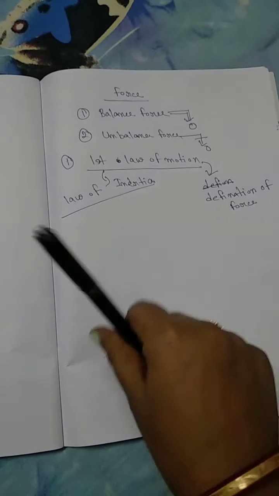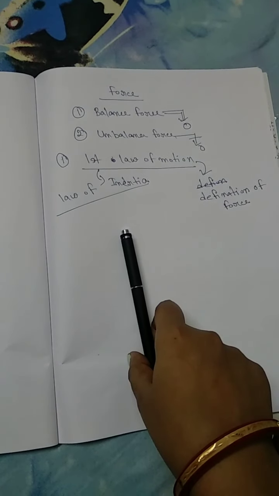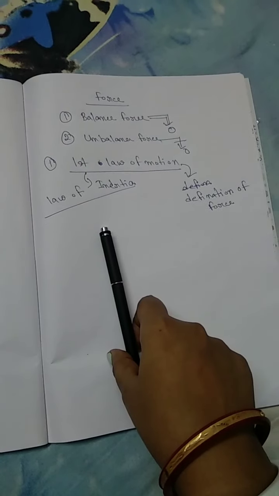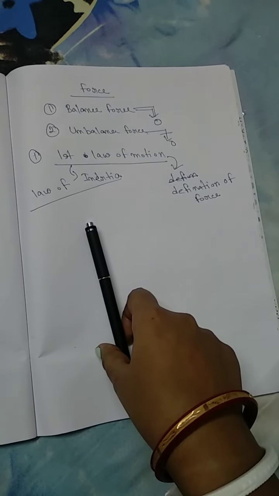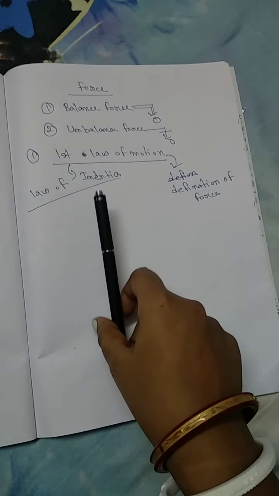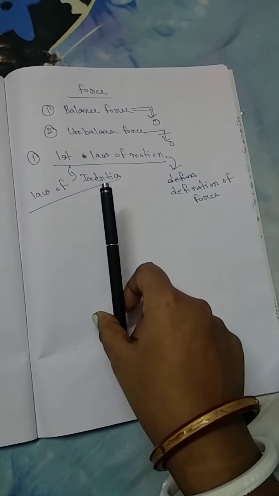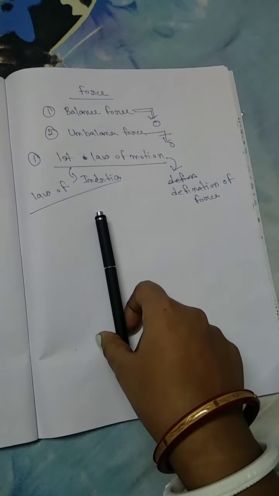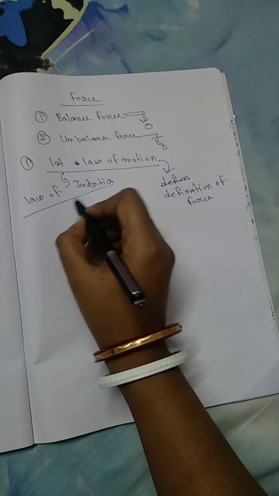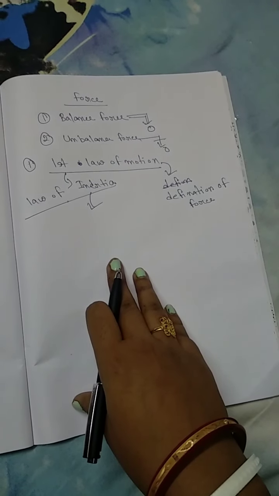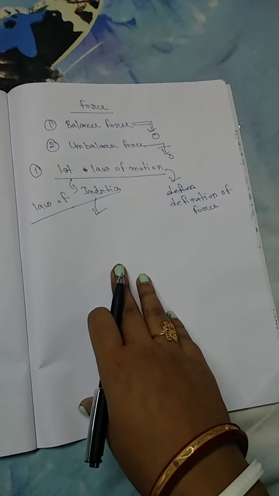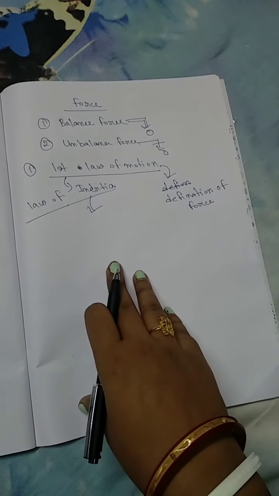Now what is the law of inertia? As I told, every body tries to remain in its position because a force, or a restriction, is always offered by this body, and this restriction is called inertia actually. So inertia is a physical quantity, a physical characteristic.